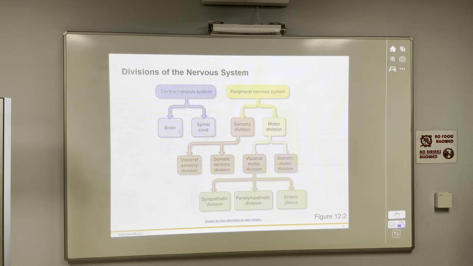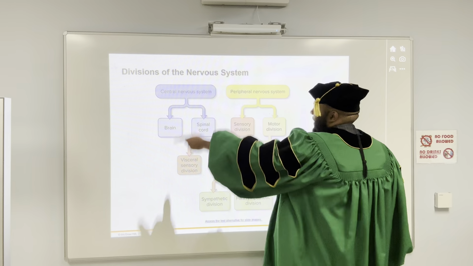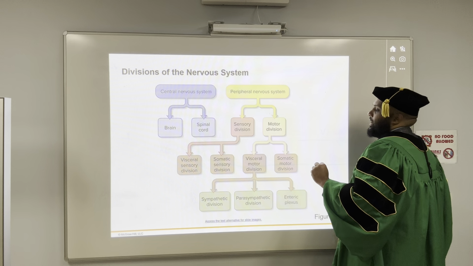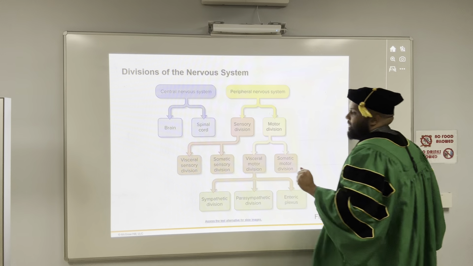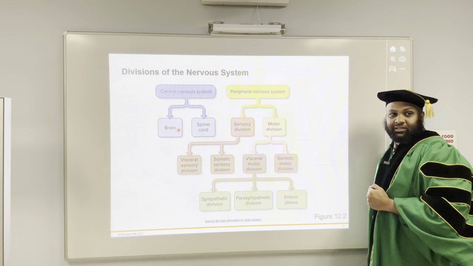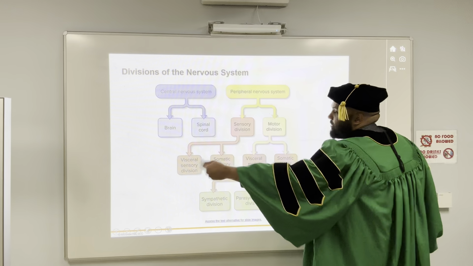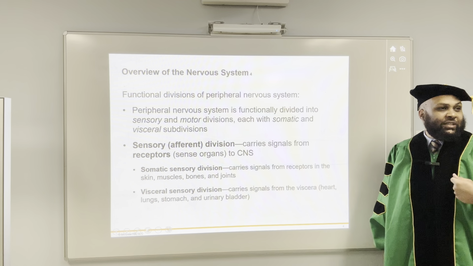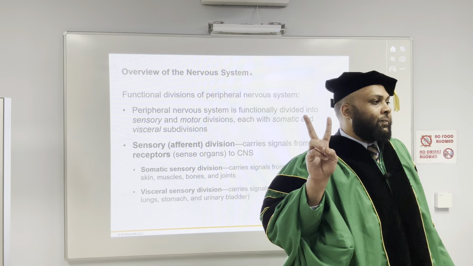There we go. That's another very important photo. The central nervous system is the brain and the spinal cord. Peripheral is sensory, arrow pointing in, and it's either visceral or somatic. Remember that? Or the motor division coming from the center to the effector. We said the effectors are two things. What are the two effectors?